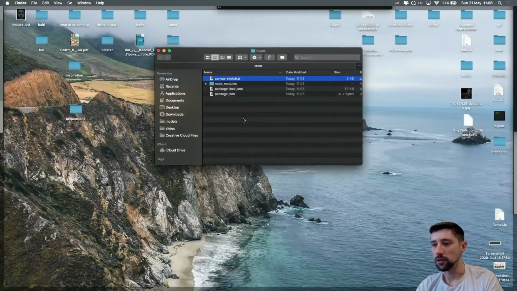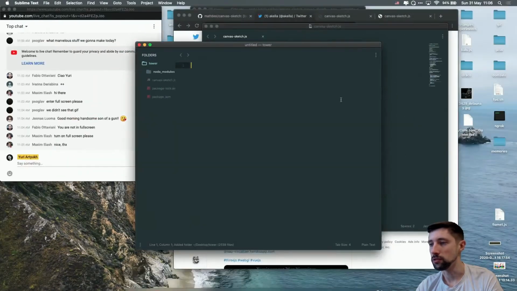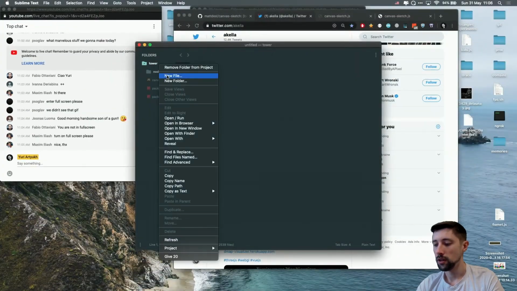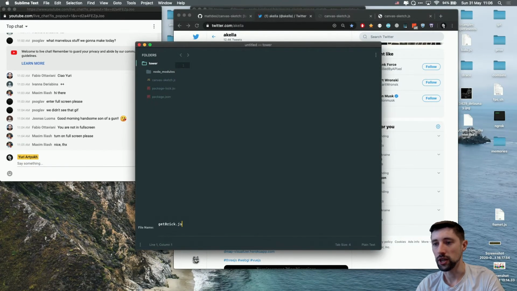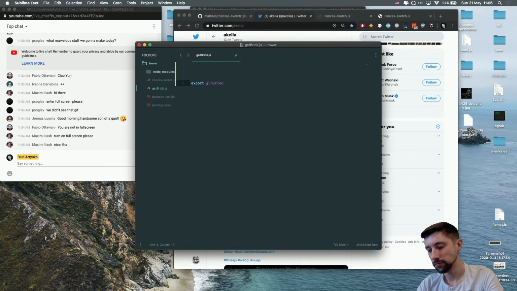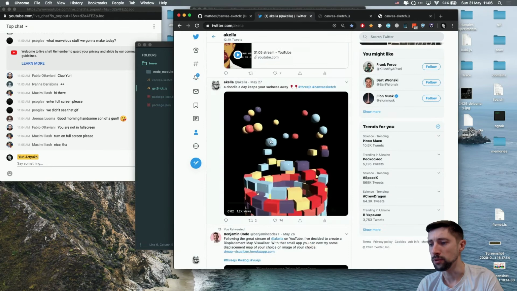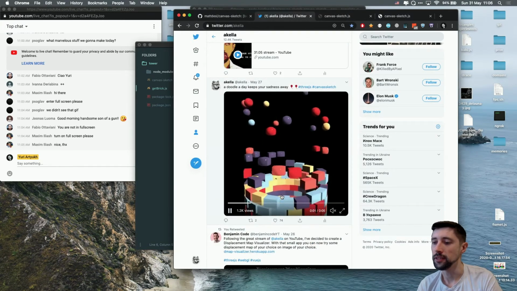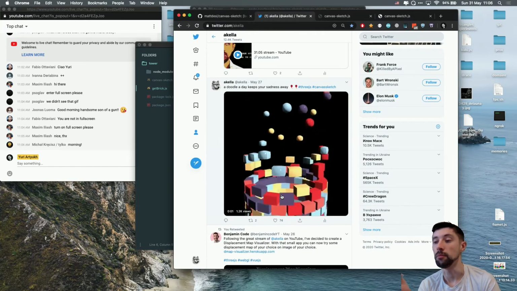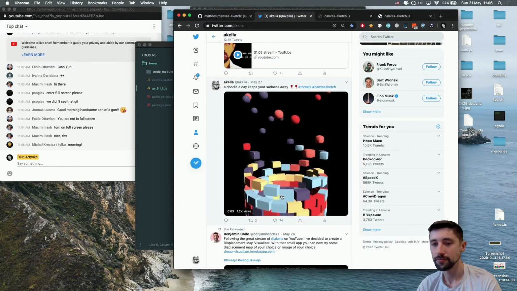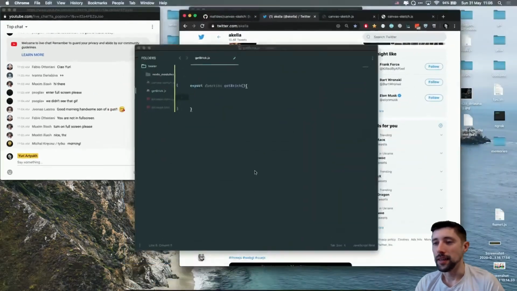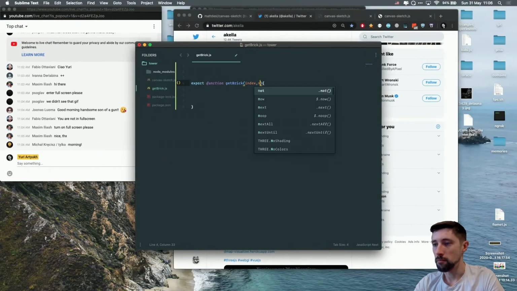All right, so I'll just move this folder into Sublime. I'll get the brick.js file and then export function getBrick. And then, to create those bricks, I think I'd like to do the same thing that I did in the previous stream. I need to have the index and the whole number of the cubes that I have in my one row, right? Morning everyone. Yeah, so for this one I'm gonna have the index and the number,